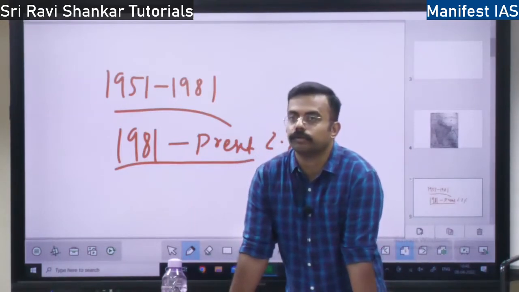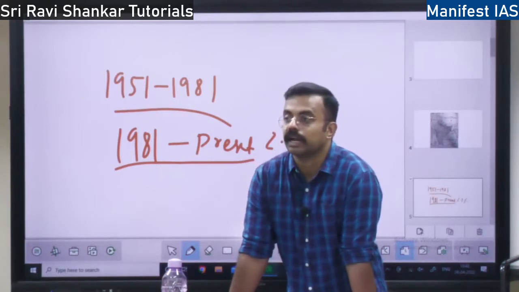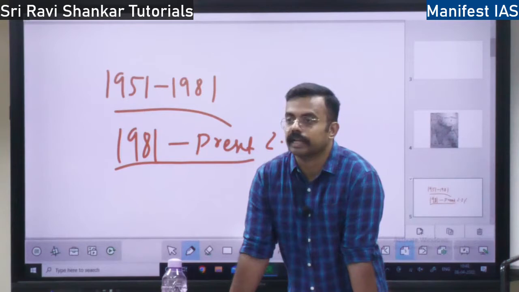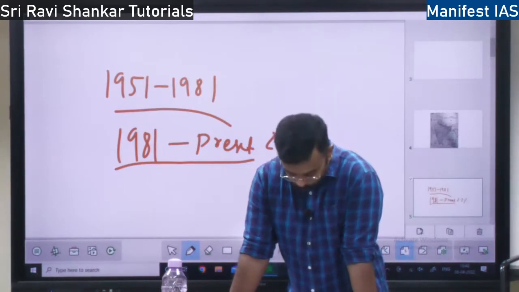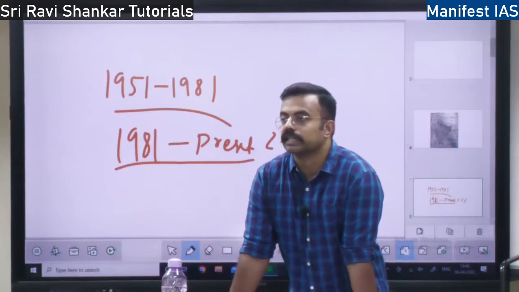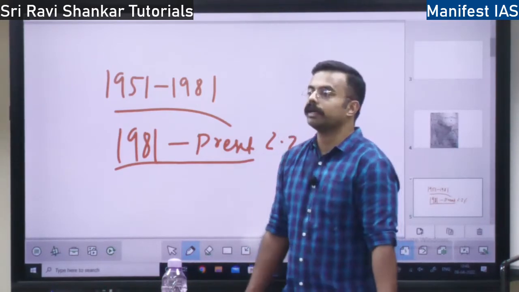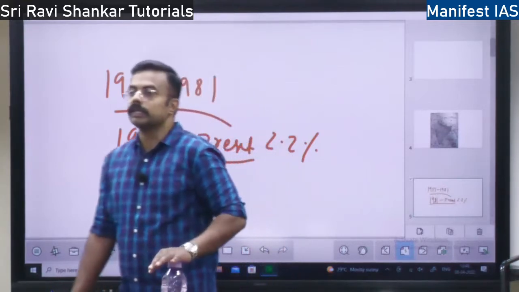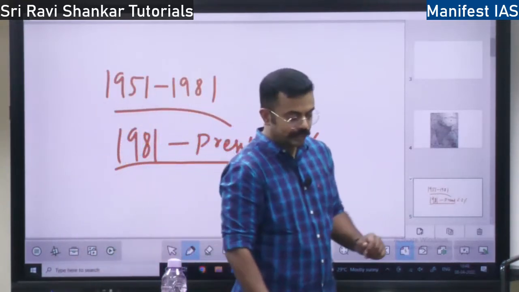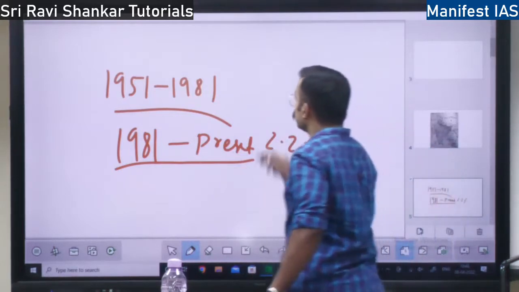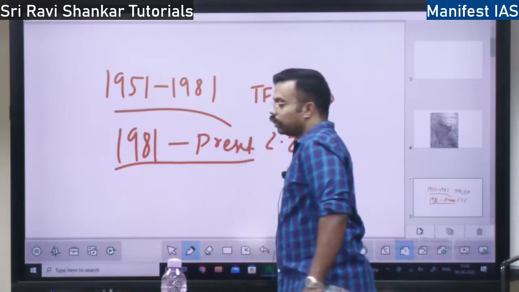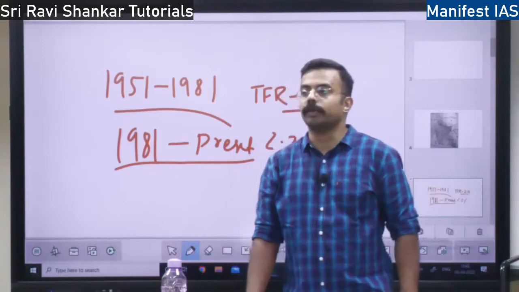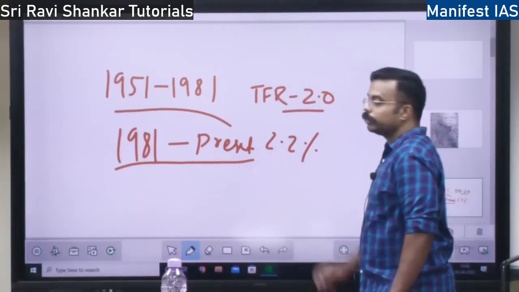Not only that, the women are getting married very late, and earlier childbearing used to start by the age of 14 or 15. Now childbearing goes up to 30 years. The first child they will get at around the age of 30. Because of all these reasons, and also increased education, increased employment for women, women empowerment, the population growth has decreased post 1981, and today the total fertility rate is around 2. Means what? The number of children born to a woman is 2, right? This is well below the replacement rate.